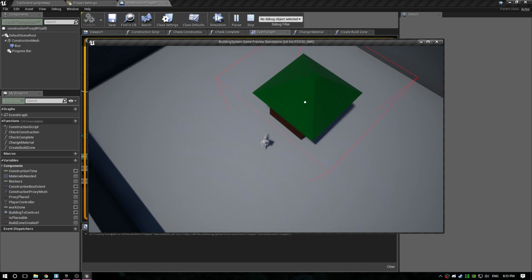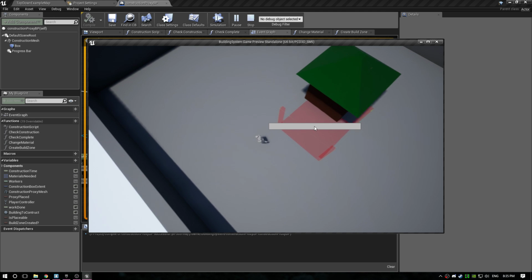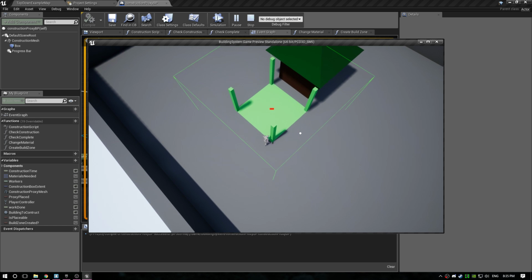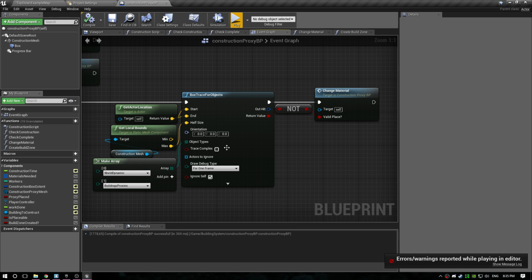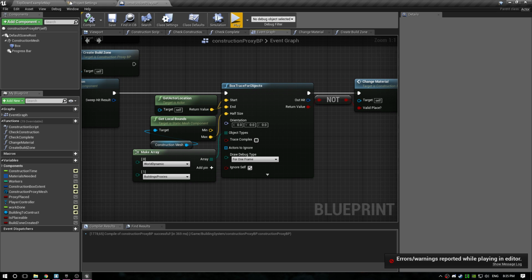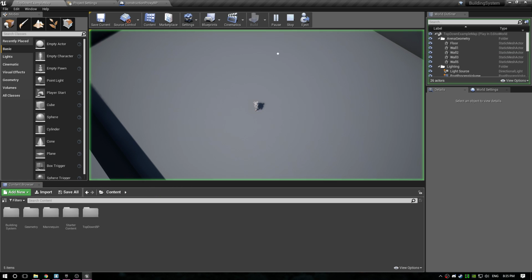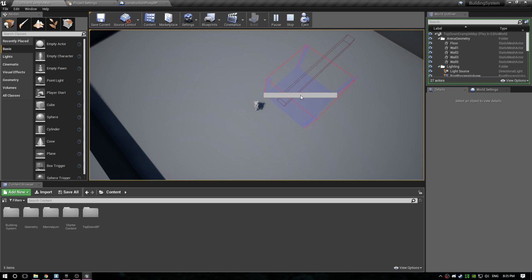So now we can quickly build it. And stockpile, as you can see, it's not valid, not valid, not valid. And as soon as we are out of that zone, it becomes valid. Cool. So now we can build that. Now, the one thing we do need to do is, if you've been following completely, there's this issue that if we press B, we go into the game, we press B, and we create the stockpile, right? So the stockpile is created,